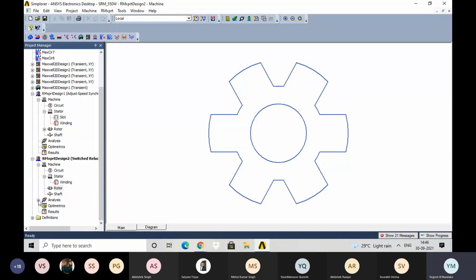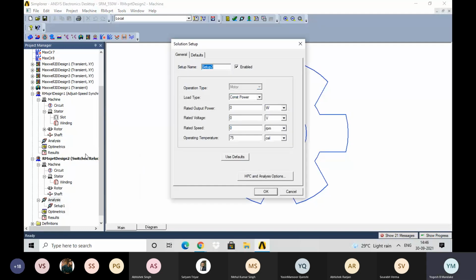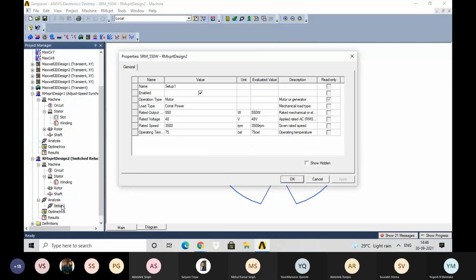But in case of the analysis, it is now needed that you add the solution setup. Here you need to give the details of the rating of that machine. Just a minute. So what are the ratings of this machine? Actually 550 watt, 48 volt, 3500 rpm and 75 degrees Celsius.